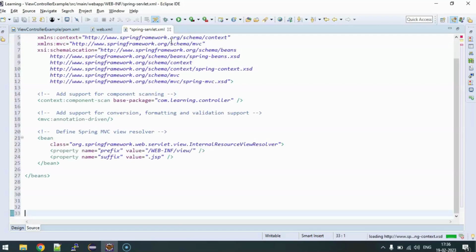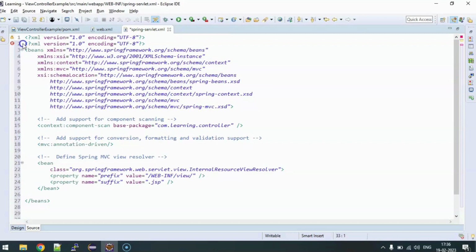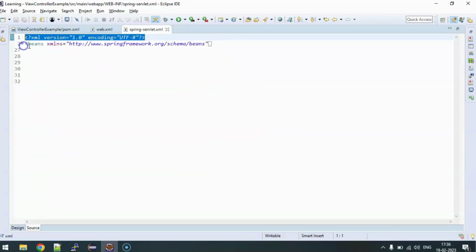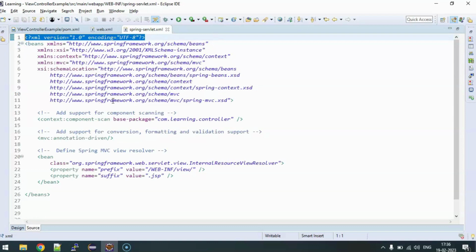So let's paste it. So I have pasted it. I will just remove this one line because it's duplicate. As you can see here, we are adding that same XML tag, it is still there. The beans tag is an important tag for us because that's the root tag for this XML file in which